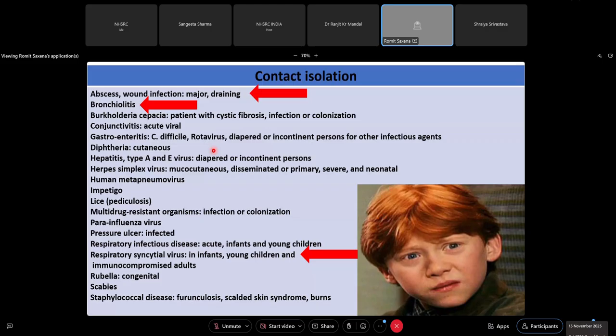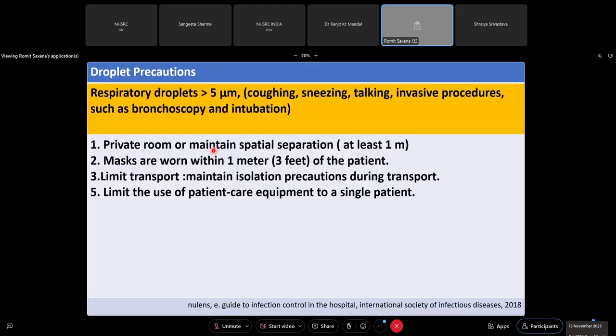So what is important is it is up to you as the MO, as a doctor, to stop that infection chain there by breaking the transmission cycle. Going on to droplet precautions, slightly more transmissible. How it does is any droplet more than 5 microgram. This is when I'm talking to you in close proximity. You are sneezing in the metro. You're talking. All those things will spread it.